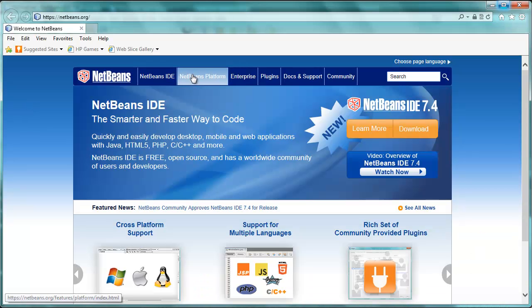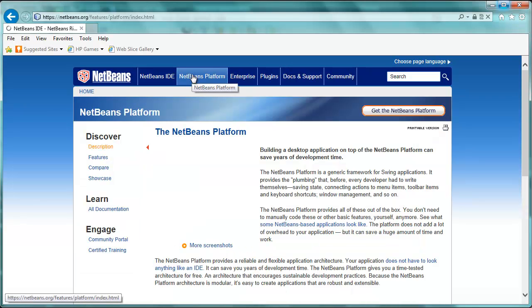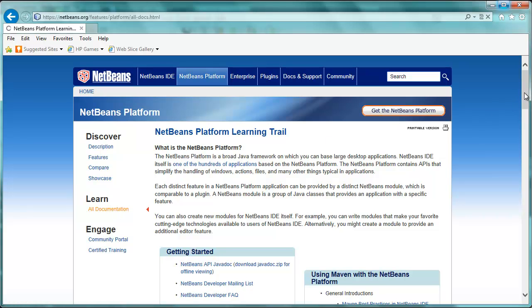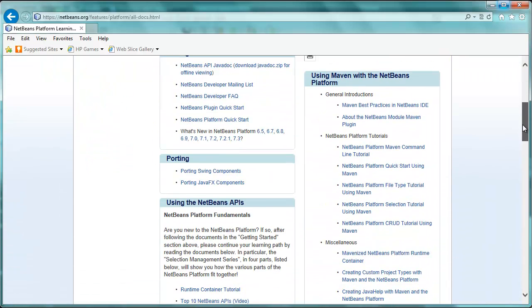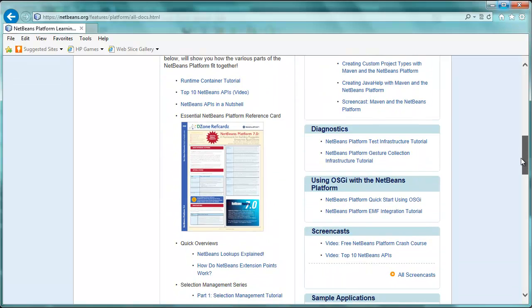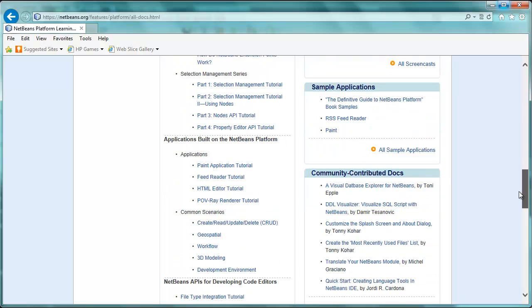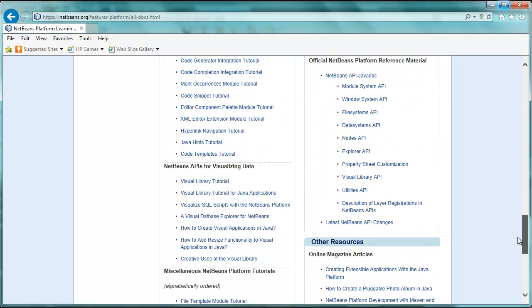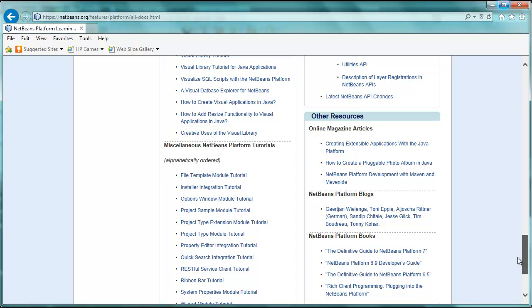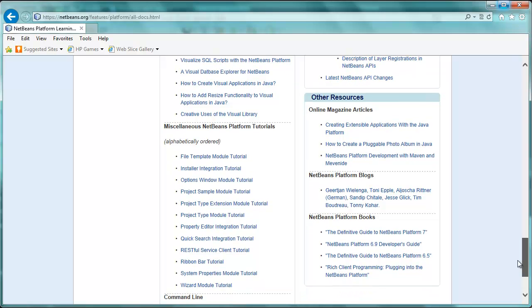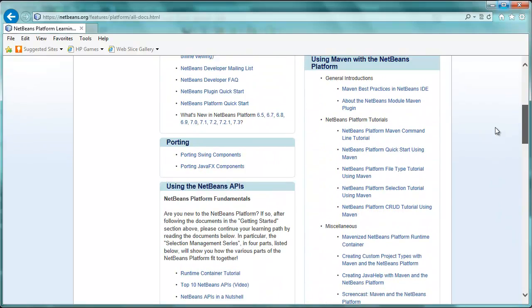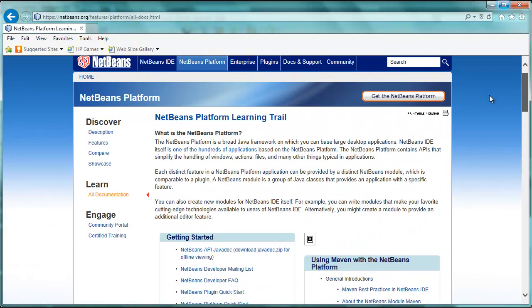The information in this screencast gives you a starting point to integrating your own technology into NetBeans IDE, or to create any plugins of any kind for integration into NetBeans IDE. There is something called the NetBeans Platform Learning Trail, which is relevant to this as well. This discusses all of the APIs in quite some detail and presents a range of different scenarios for extending or creating your own editors, for adding to the menu bar, to the toolbar, for creating your own file templates, your own project templates, a whole range of features, whatever you can imagine that you can do in NetBeans IDE. There is some tutorial or document somewhere that will describe how to do so, and the starting point is